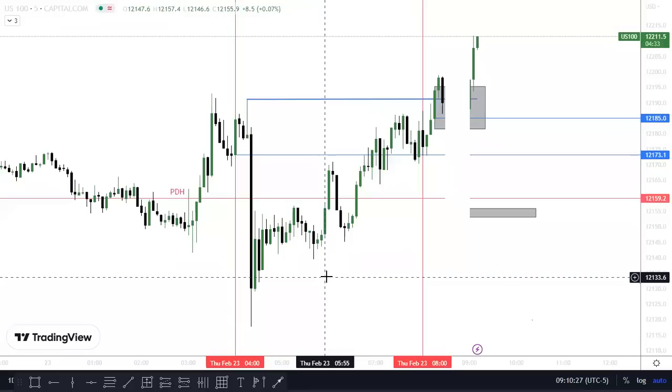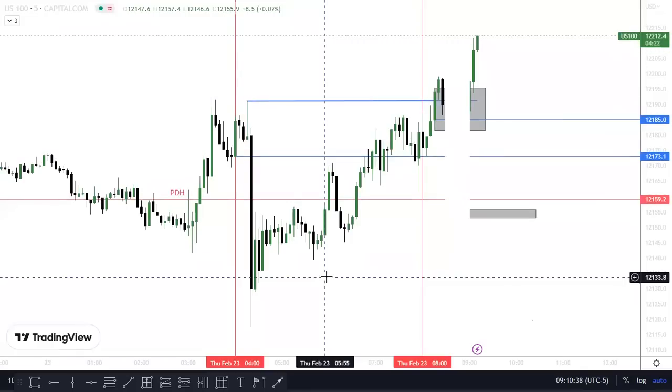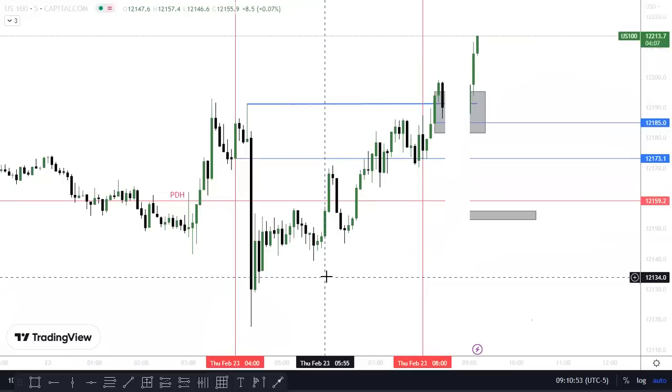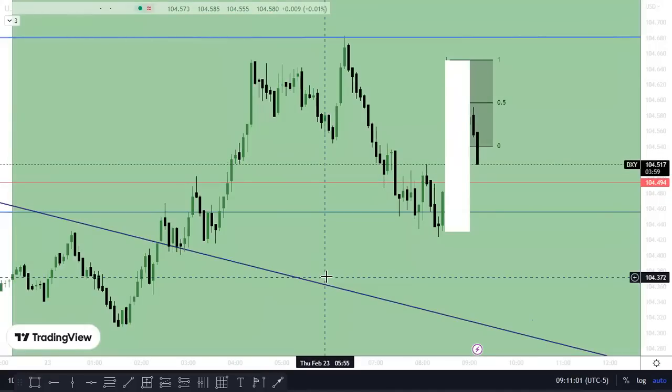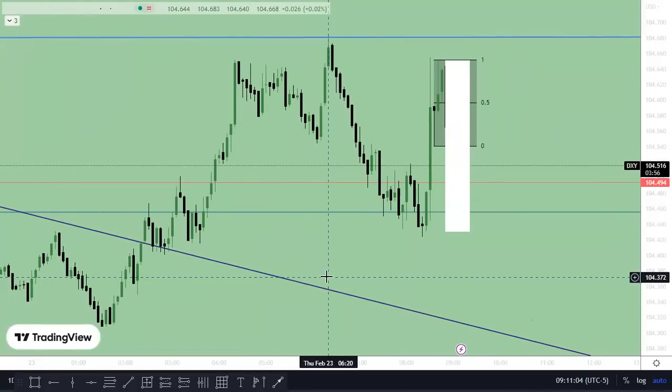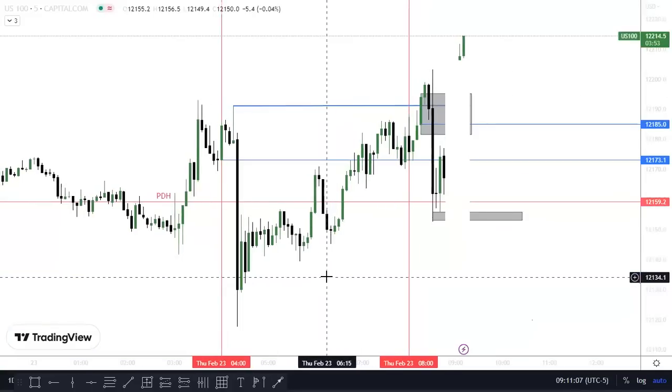Now we wait. Nine, 10. All right, so this M5 candle should be the last one to either confirm or invalidate my setup. Not about to fight Nas when there's a crack and the DXY starts moving lower. All right, cool. So I'm gonna just call myself wrong right now and not fight this.